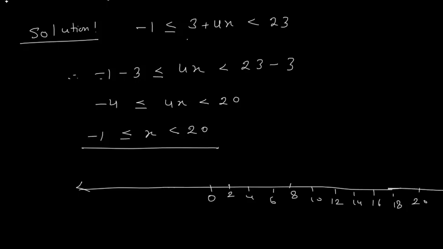So our x is greater than or equal to this minus 1. So we will draw a complete filled circle, and draw a line till this 20. You use a scale, and here you show an open circle. So here we have a completely filled circle, and here we have a hollow circle. So this is a representation of this solution on the number line. This is the 19th question, and now let us see the 20th question, the last question for today's lecture.